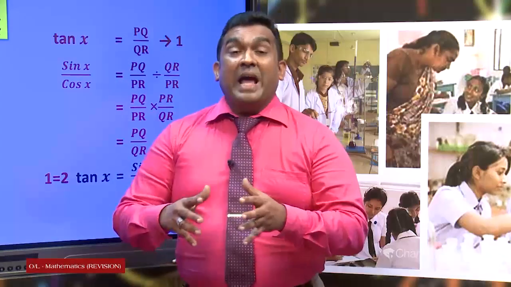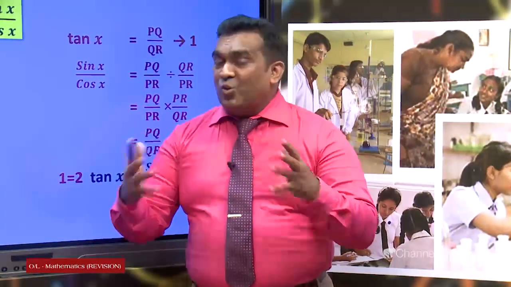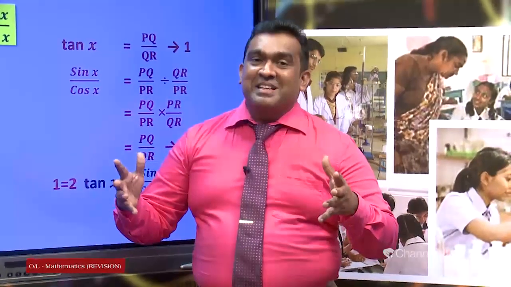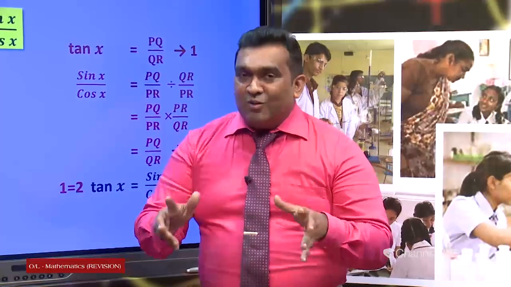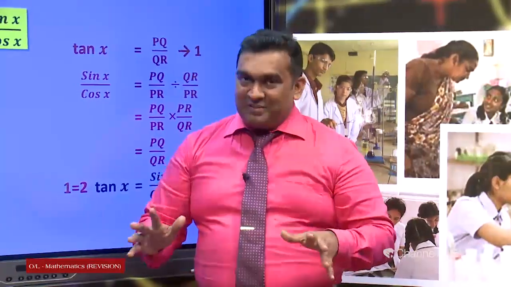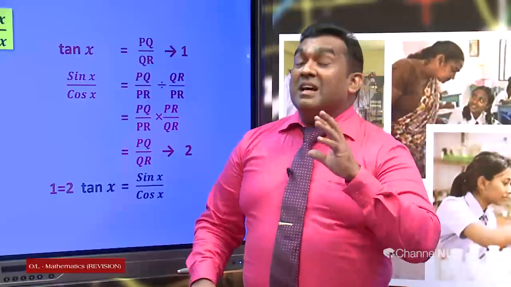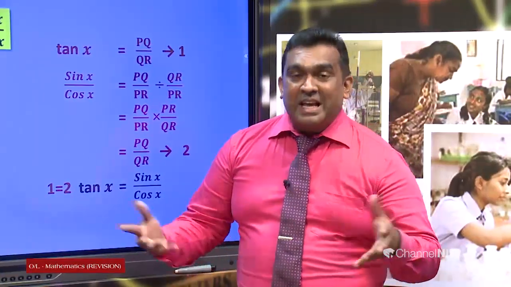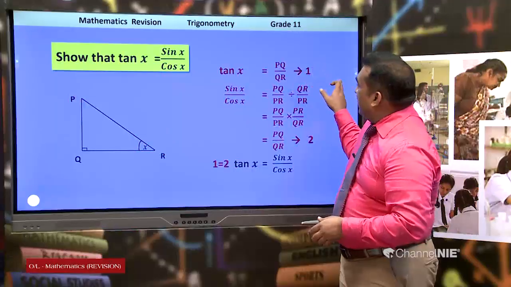This is called an identity. This is not an equation. Identity means the relation is true for all the numerical values of the variable. Any angle you can substitute here, then the result is true. This is an identity, right? Okay, then